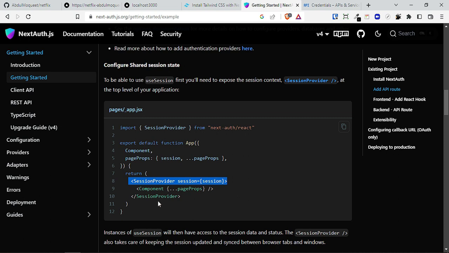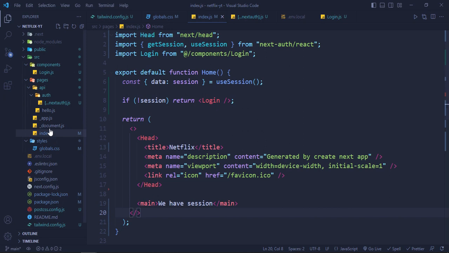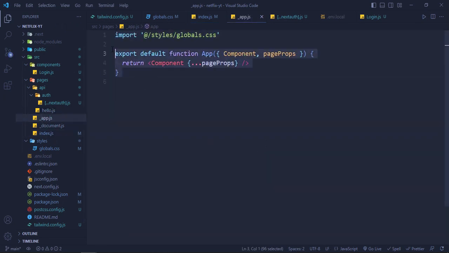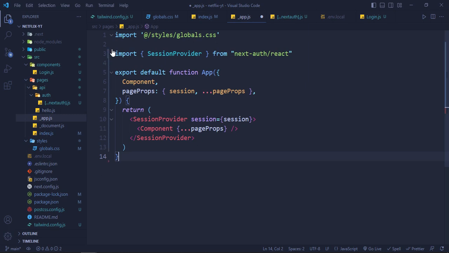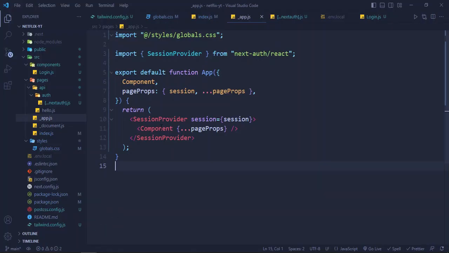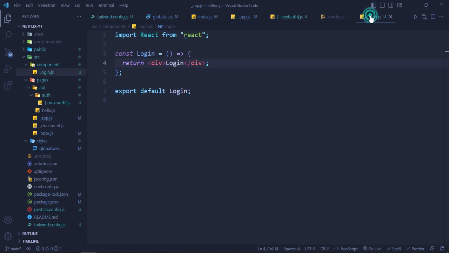Okay, and then we have to just copy this stuff over here, and then just go back and go to underscore app.js and delete this and just paste it here. It should do the trick. Now let's go back to localhost 3000, and then we are seeing the login component because we don't have any session. Once we have the session, we will see the session page. Okay, so let's create the login page quickly. So let's go back here, and then let's go to the login component. And in the login component, first of all, we will be having a class name,